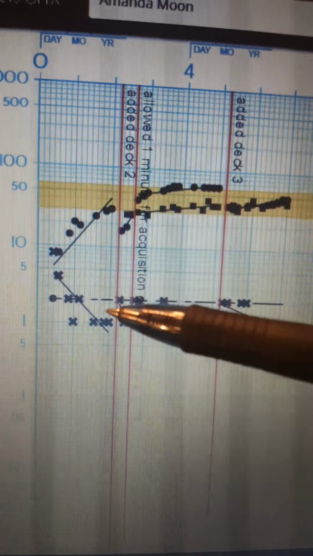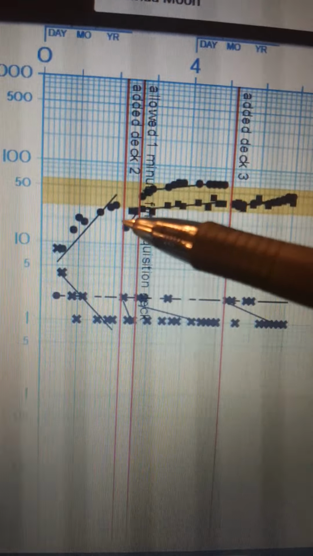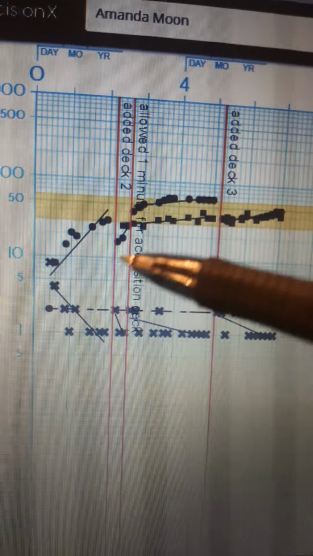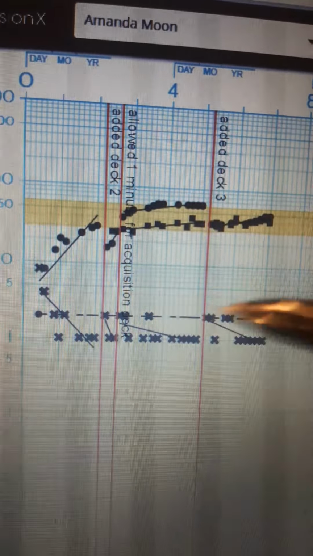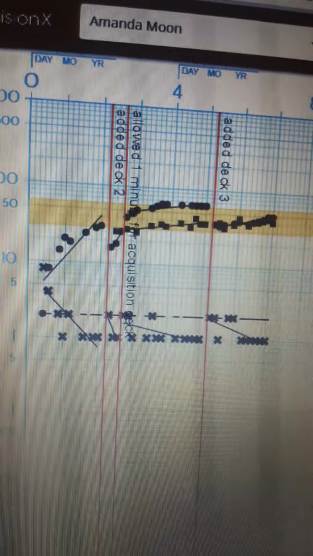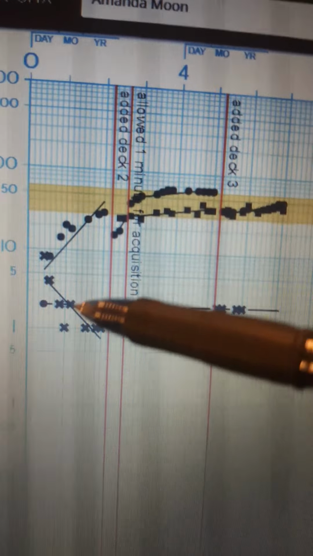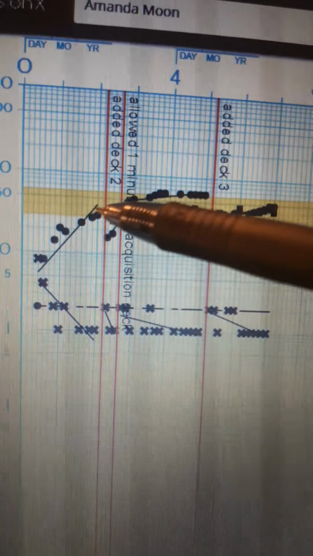Some of the interventions I did in the beginning was I reviewed my cards about 3 times a day: morning, noon, and in the evening. And I would go through my decks, and if I had any cards that were giving me difficulties, I would set them aside and restudy those. So you can see the steepest acceleration point or line here was when I was just learning how to use